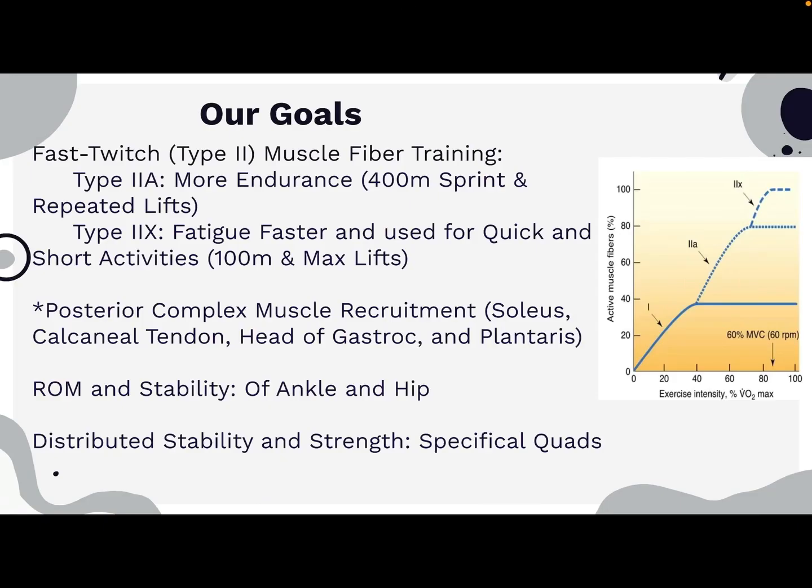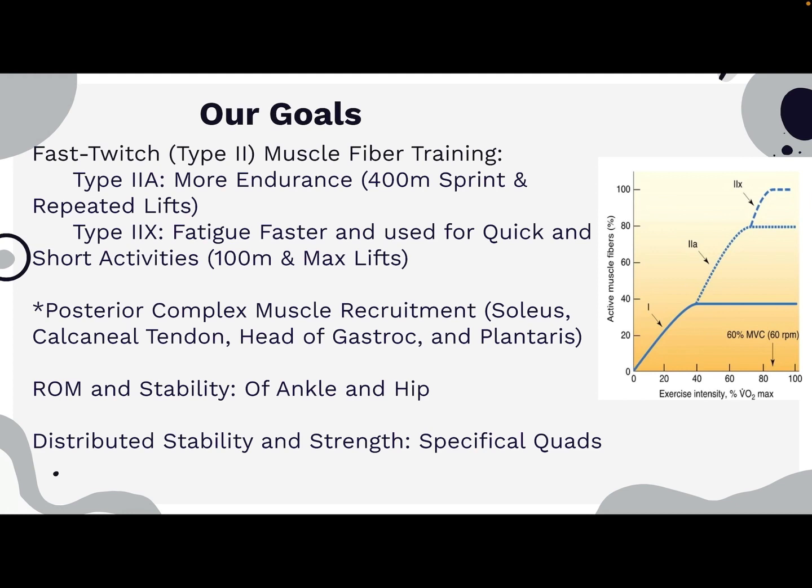Our goal for this program isn't to cure his hyperextension, because as cool as that would be, it's kind of unrealistic. Our main focus is, however, to stabilize his knees to prevent any serious injury in the future. To do this, we'll focus specifically on muscle recruitment and getting his muscles familiar with fast-paced activities that could be his unstable knees' demise. We will do this by focusing on fast twitch, which is the type 2 muscle fiber